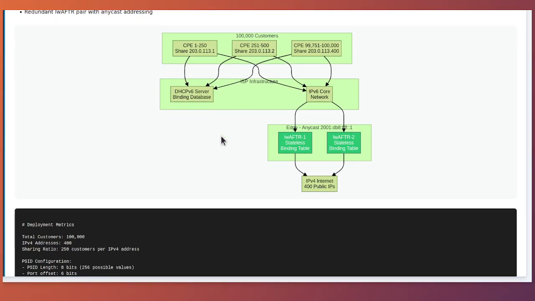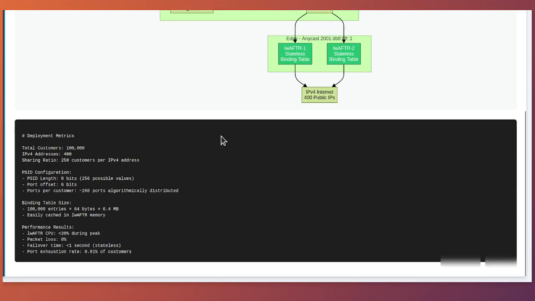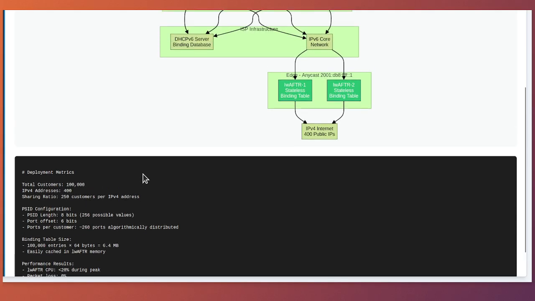To achieve this, they design a PSID allocation scheme where each customer receives approximately 260 ports. Using the algorithmic approach with a PSID length of 8 bits provides 256 possible PSID values per IPv4 address, which